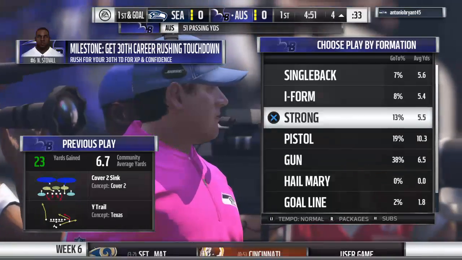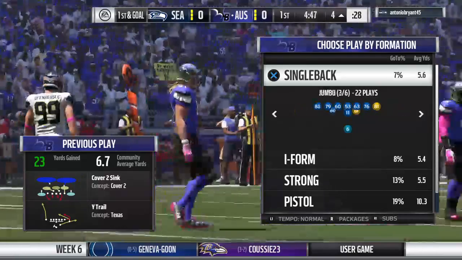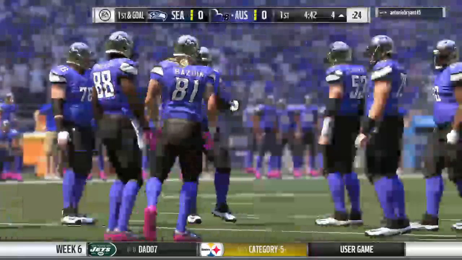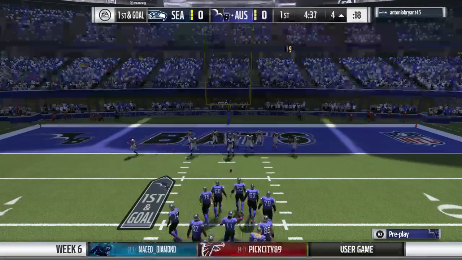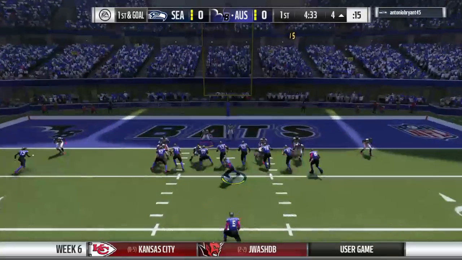And defensively, these corners struggled last week. They're struggling again here early on the opening drive. And you know that was not unnoticed on tape. So when they saw their struggle last week, guaranteed that went right into the game plan. Attack them early, see if they're going to play any better, and if not, you keep the pressure on them